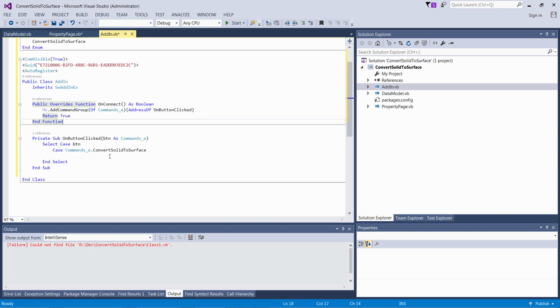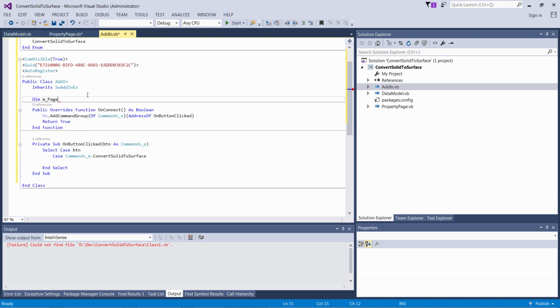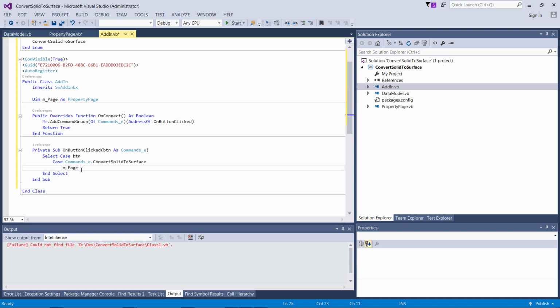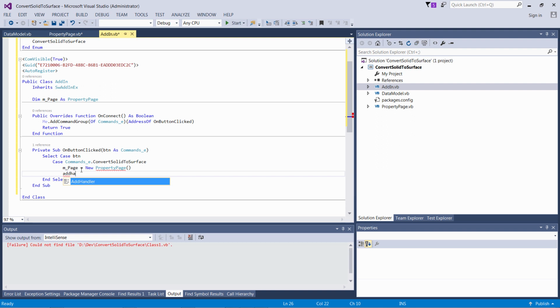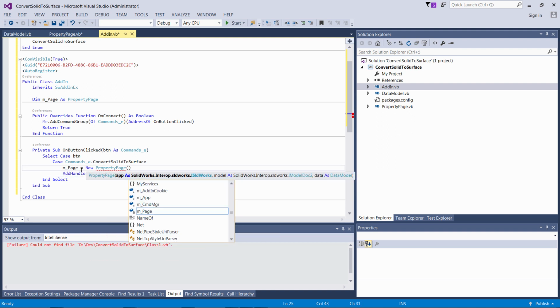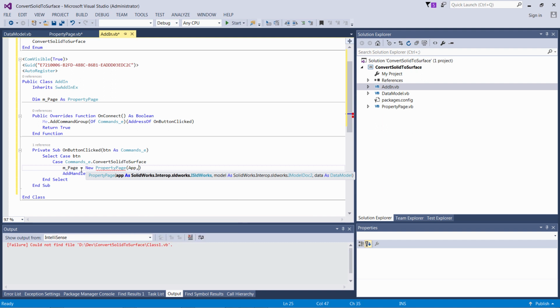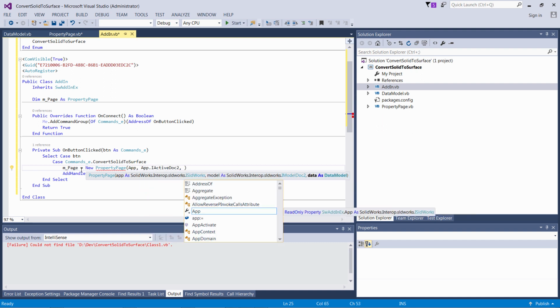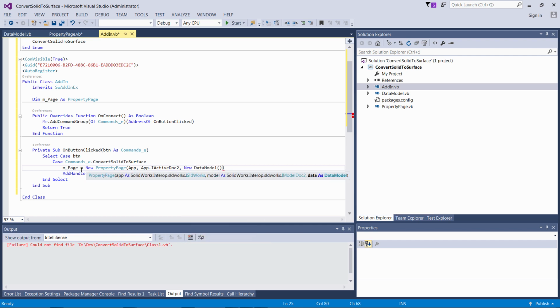Let's now come back to my adding class and declare a variable of property page type. I'm going to initialize this variable from within the button click handler, and I'm also going to handle the property manager page closed event. So in the initializer of my property page, I'm going to pass all the required parameters, such as pointer to application, model doc, and also the data model. So in this case, I'm going to create a new instance of data model,